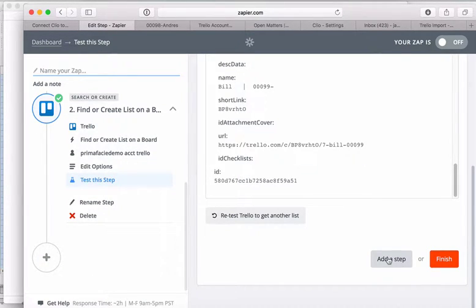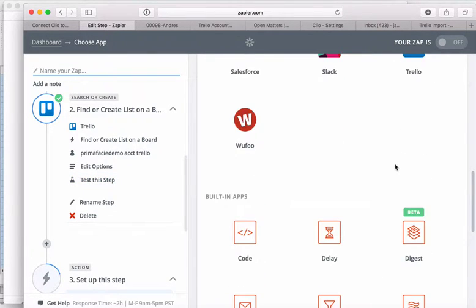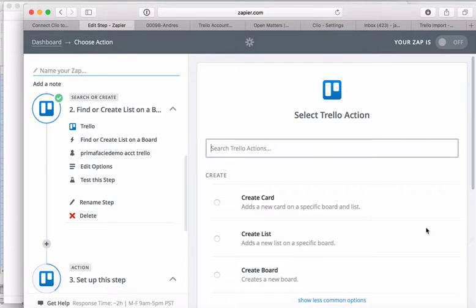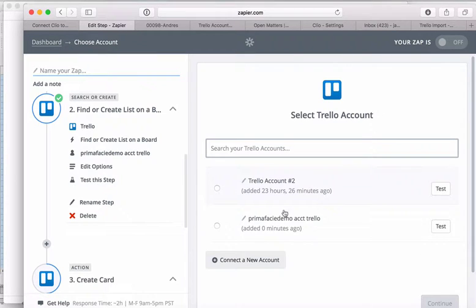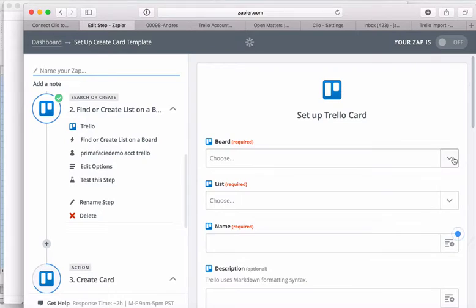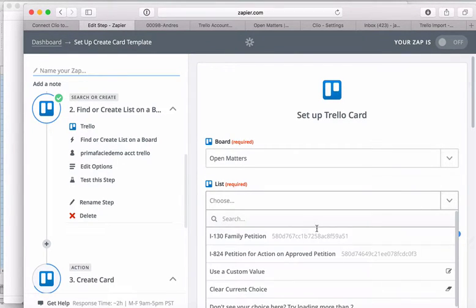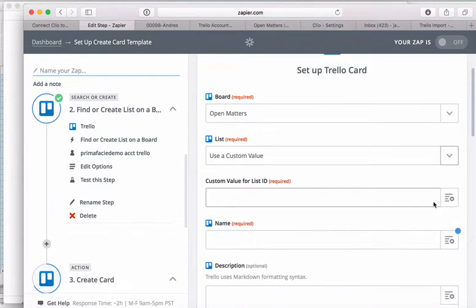Let's add one more step to create the card. And so it's going to be again a Trello activity here. We want it to create a card. Save and continue. This is the account I'm using here. On the board, we want to do it on the Open Matters board. The list, we're going to use a custom value because we have a couple different lists now. And the custom value is going to be,